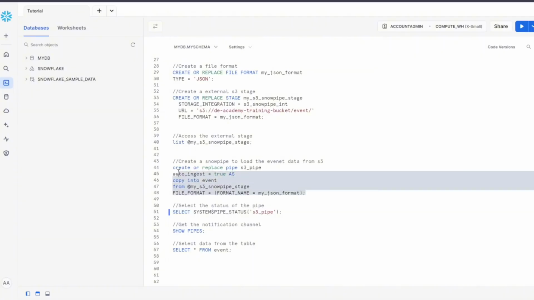Now, once we create the pipe, we need to set up an event notification in our S3 bucket from where the pipe is going to get a notification whenever we upload a new file. So to get the notification channel, we have to run a command called show pipes, and this is going to give us the notification channel, which we're going to put into our S3 bucket while creating the event notification. So let's execute this show pipes,